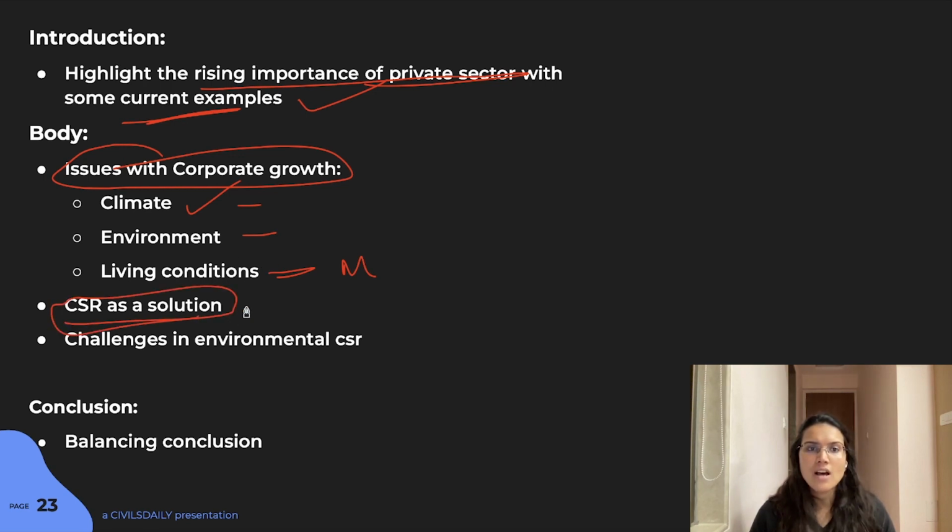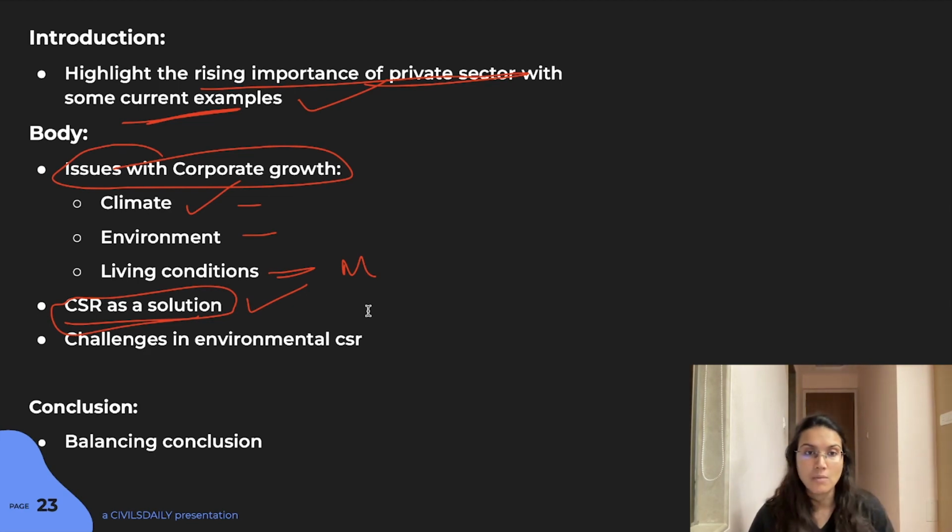Now, how is CSR as a solution here? Okay. So you can give some good examples. See, CSR related examples is something that you should know. So maybe you can talk about how Adidas had partnered with Parley for the Oceans, where they're talking about how plastic waste can be used to make shoes. Then even Google has some good environmental CSR policies where they talk about committing $1 billion to renewable energy projects and other businesses, right? So these kind of CSR initiatives you can talk about.